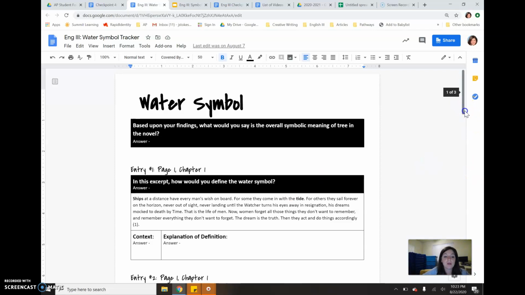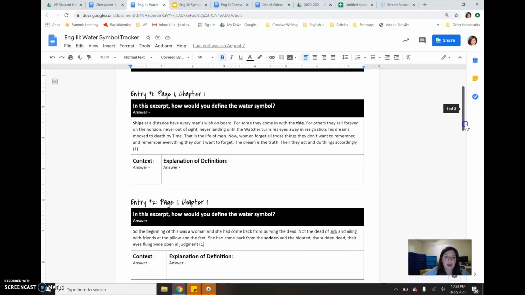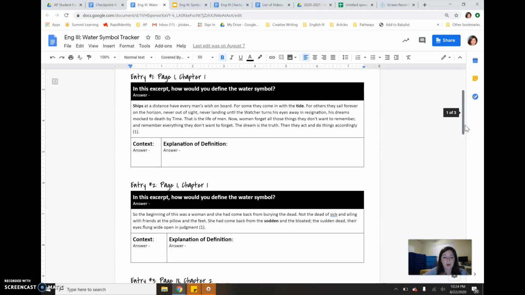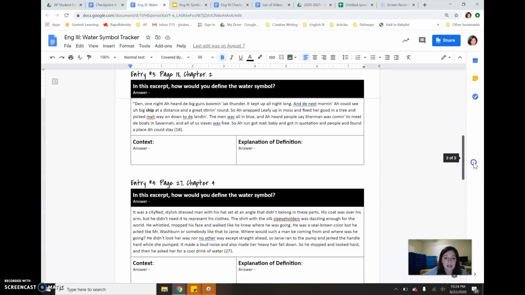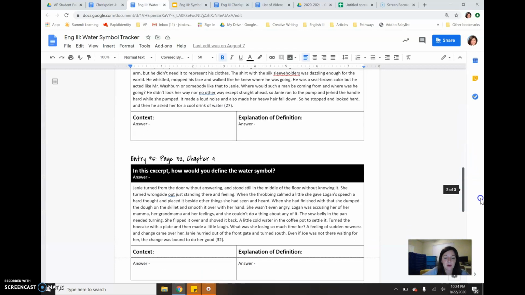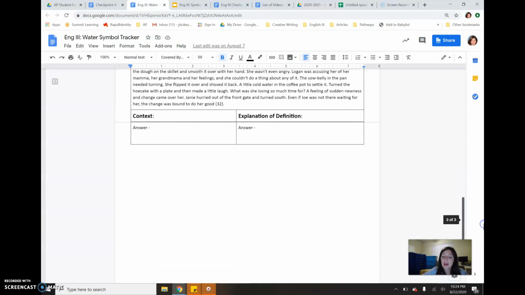But I'd like for you to, when you're done reading chapter 1 and it's fresh in your memory, come and fill out these 2 boxes for chapter 1 and explain the symbolic meaning. When you're done with chapter 2, you would do that for this table, chapter 4 for this table, another chapter 4. And you'll notice that after chapter 4, there's no more for you to complete. And that's because